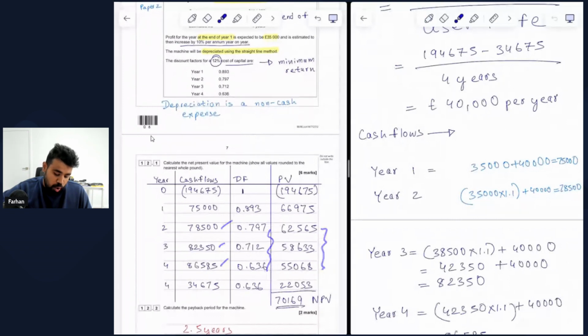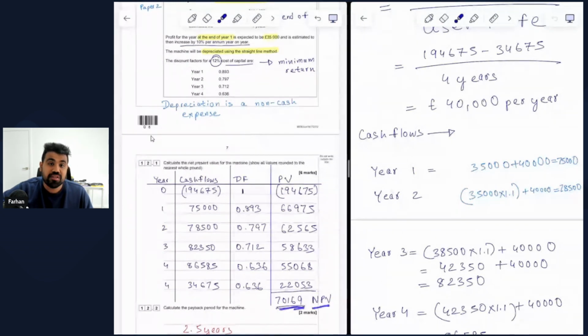And then we also include the residual value in year four, which again we have to multiply with the same discount factor as the previous line. And whatever you get, you need to add all of this together. So you start with minus 194,675, then you plus 66,975, plus 62,565, plus 58,633, plus the other two, and you should get 7,169 as